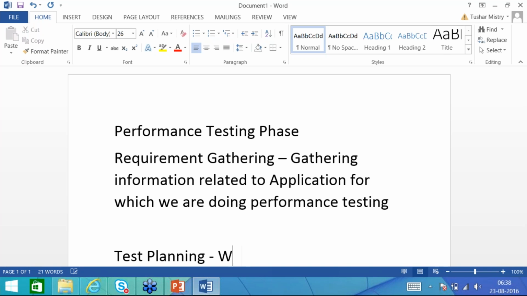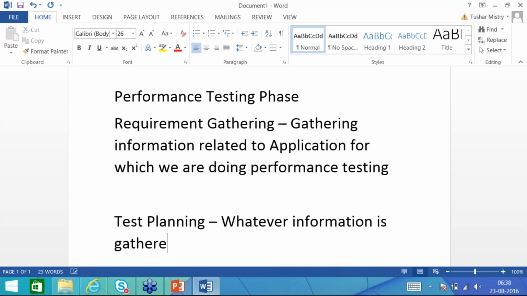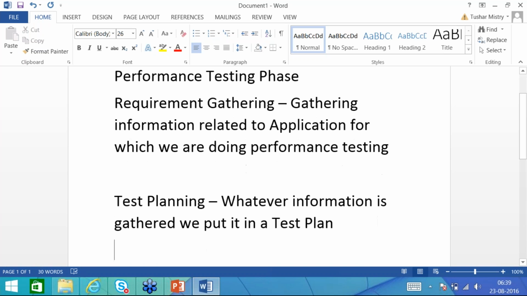So whatever information is gathered, we put it in a test plan. So we will see there are default templates that I have prepared for requirement gathering as well as the test planning. So we will go through according to the application we have taken.